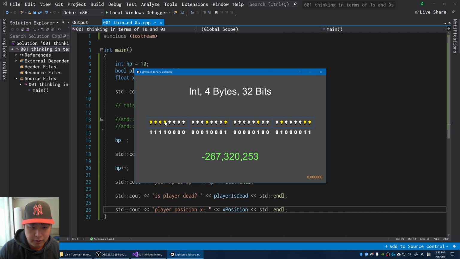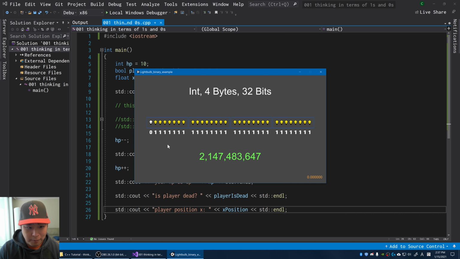And if I turn everything on, maybe I should have a button for this. So I'm going to turn everything on except 1. We get 2,147,483,647.